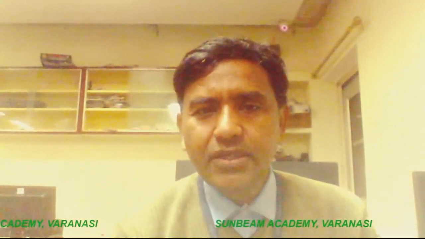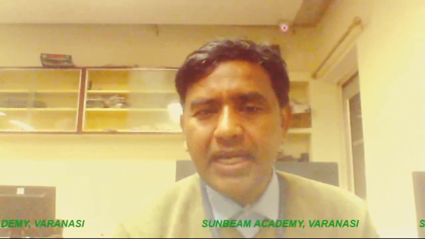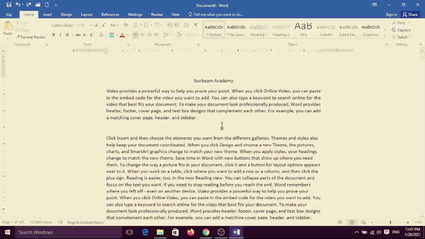Bullet option, to use a symbol as a bullet. Yes students, suppose here in the second line, I want to add the symbol for this point. First, there is the bullet in the home tab, paragraph group, and then choose the bullet option.